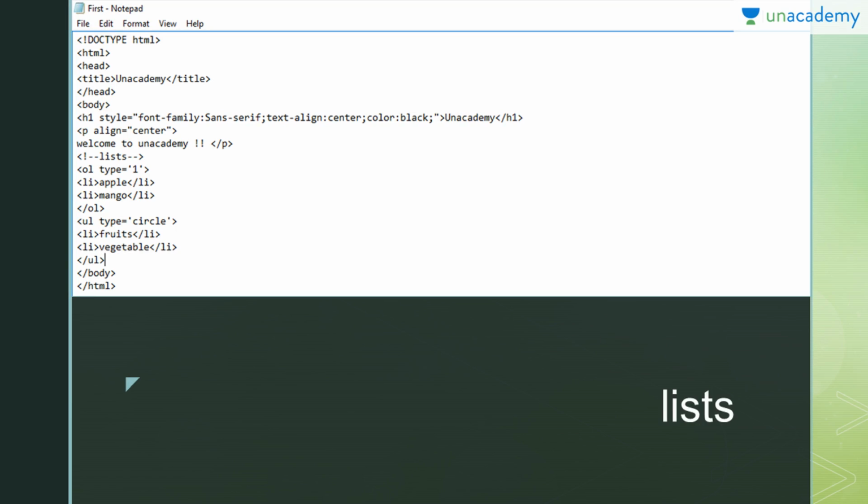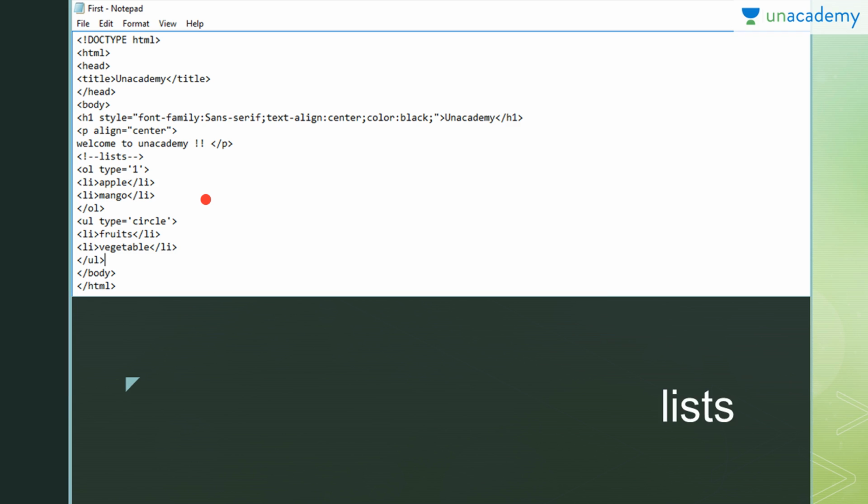Now this is an example of a list. A list is also another element of HTML, and it uses the li tag, as you can see here. It is basically of two types: ordered list and unordered list.